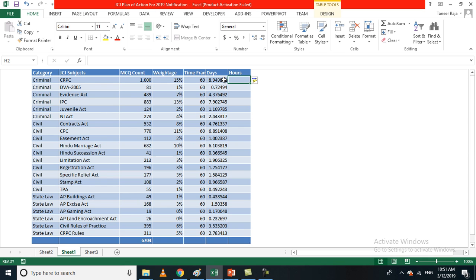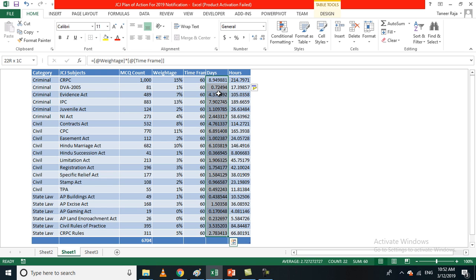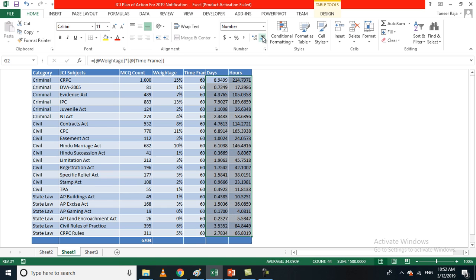These hours of schedule are most important. I'll let you know. So this is multiplied by 24 hours. I'm rounding off these numbers so that we'll have a clear picture of how many days and how many hours.